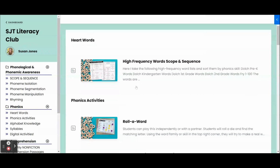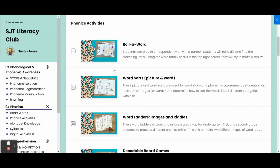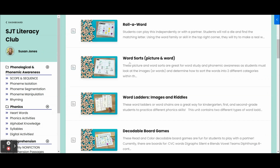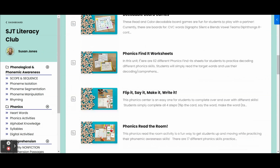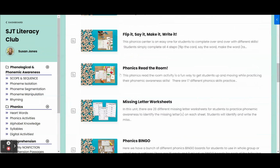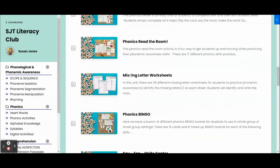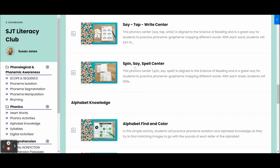Here are a ton of different phonics games. We have a high frequency word scope and sequence for heart words. We have roll a word, which I shared in this video. Bunches of different word sorts, word ladders, decodable board games, phonics find it sheets. Here we have flip it, say it, make it, write it, which I shared. A read the room activity, missing letter worksheets, bingo. And then here are the other 2 that I shared are say, tap, and write center, along with the spin,